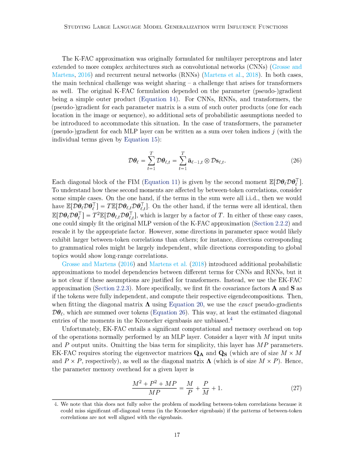Section summary. The section describes the use of EK-FAC to estimate the Inverse-Hessian-Vector products, IHVPs, in influence function estimation for transformer language models. The EK-FAC algorithm is adapted to compute influences for the MLP parameters, while treating other parameters as fixed. The section also discusses the challenges of weight sharing and the impact of between-token correlations on the second moments of the Fisher information matrix, FIM. EK-FAC is used to model these correlations, but it incurs significant computational and memory overhead. To reduce memory usage, a block diagonal approximation is applied within each layer.